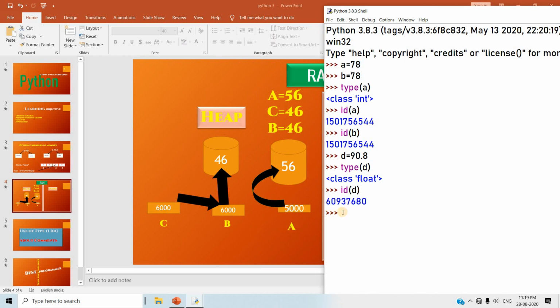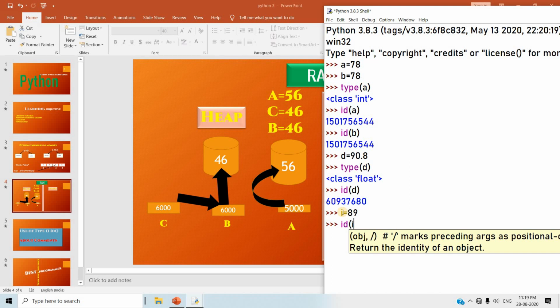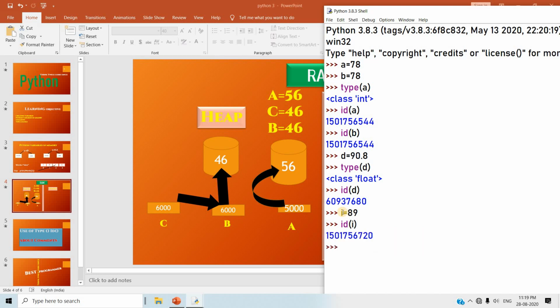One more example I can share with you: i is equal to 89. It is a different value, which means the Python memory address will be different and will not match. One more example: it is 89, now x is equal to 89.